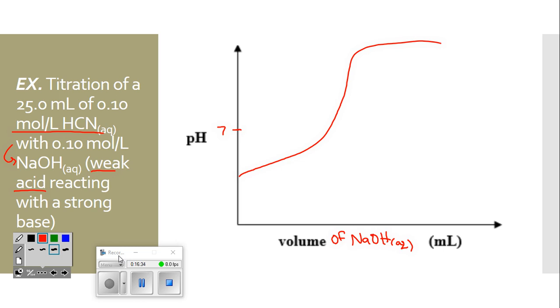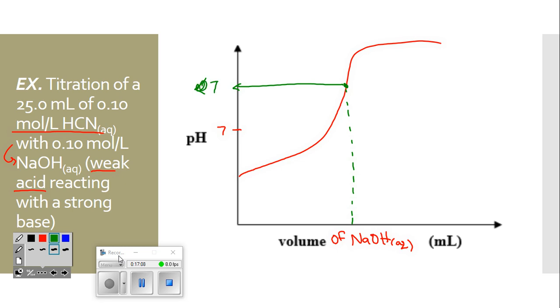Now, if I look at the sharp change in pH, let's estimate the middle right about here. It's not at 7. And that, again, is not a mistake. Now, what is the pH exactly? Well, that's going to depend on which acid, which base, what concentration. But the idea that you should recognize is that,